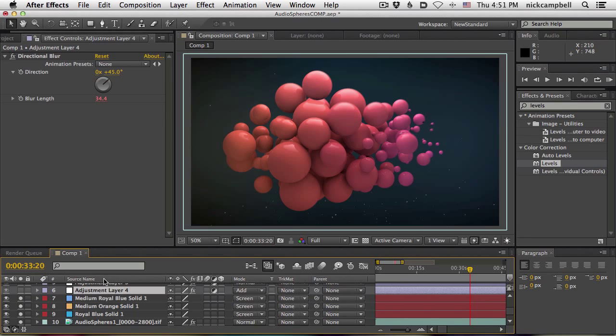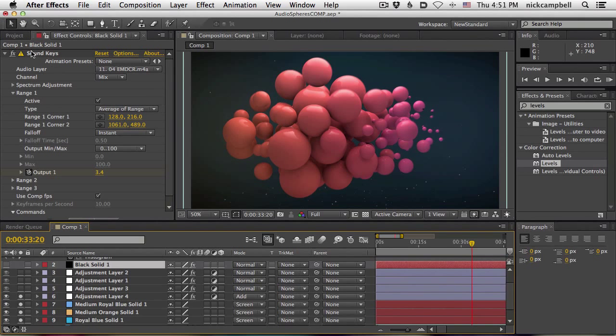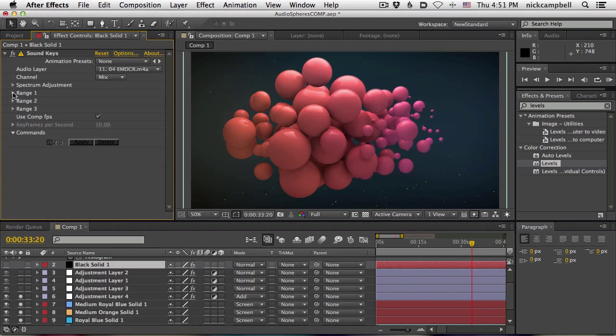All right, up next, we have a directional blur. Directional blur is really subtle, really low, and it's actually being driven by, look, check this out, Sound Keys. We talked about them earlier. This is that Trapcode plugin. If you've seen Shine, Particular, some of his other plugins, this is made by the same team. This is one of the older ones. And Sound Keys is that one that's in here.